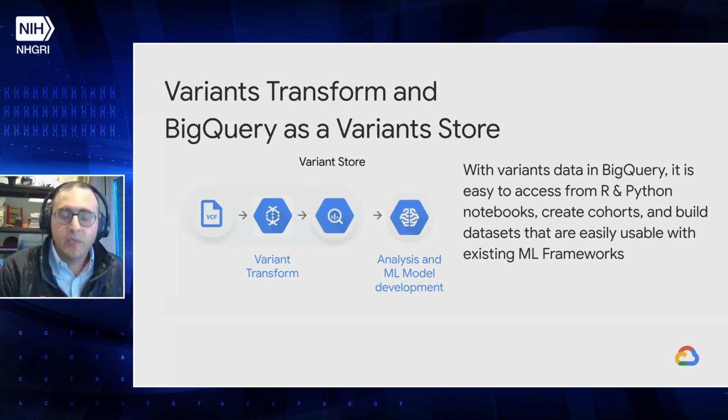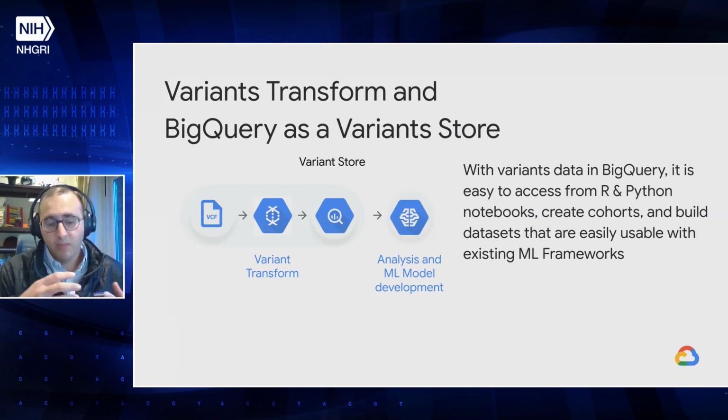Another tool I'd like to quickly cover is the Variant Transform tool. The Variant Transform tool is an open source tool that we developed that allows you to export variant data from VCF files into BigQuery. One of the challenges of developing machine learning models, especially for genomics and multi-omics data, is how can you get this data into a format that you can start to process using the common machine learning frameworks, such as TensorFlow